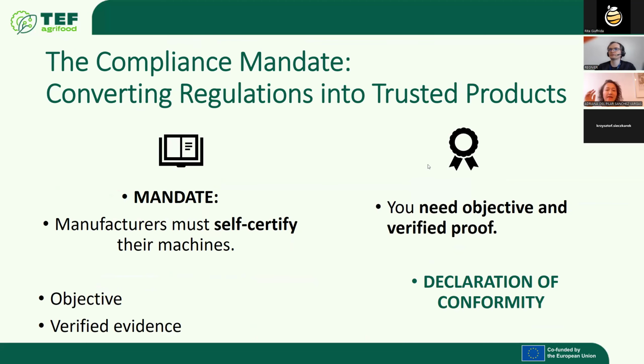The reality for any European company developing agricultural robotics is clear. Successful market entry requires compliance. European Union regulations, such as the machinery regulation, for example, require manufacturers to self-certify their machines. So your machine requires a sort of legal password, a declaration of conformity, indicating your robot is not dangerous and is compliant with all the rules to play in the European market. In other words, it means that it's safe, reliable, and compliant with all the rules.